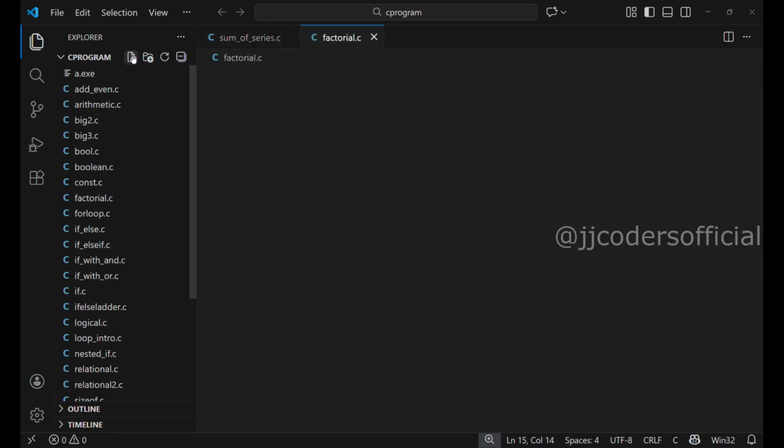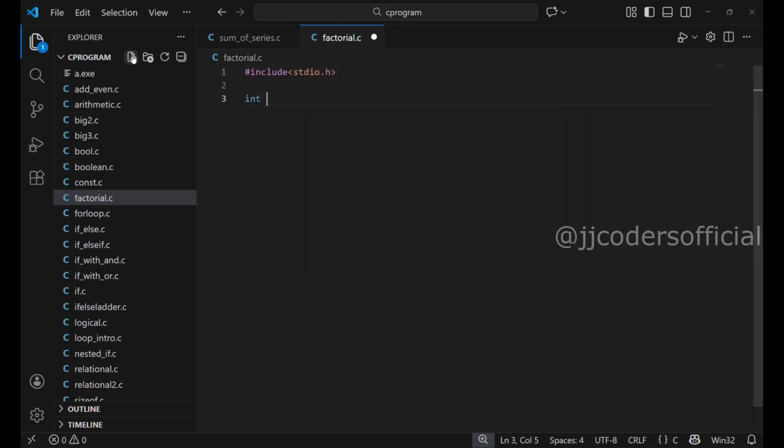In the VS Code, let me create a C program named factorial.c. I'm including the header file stdio.h because I'm going to use printf and scanf. I'm creating the main function of the program, and within the main function, I'm declaring three integer variables i, n, and fact. Also, I am initializing the value of fact as 1 because I am going to have the calculated